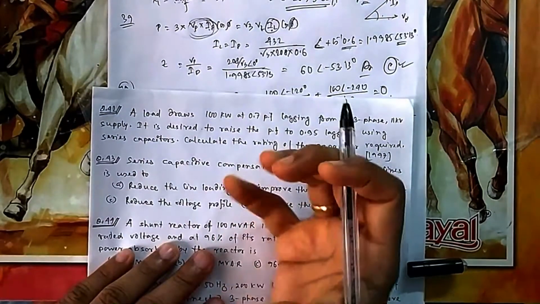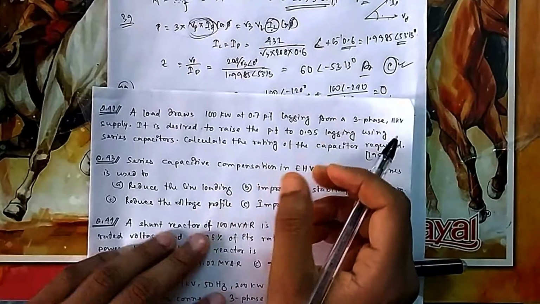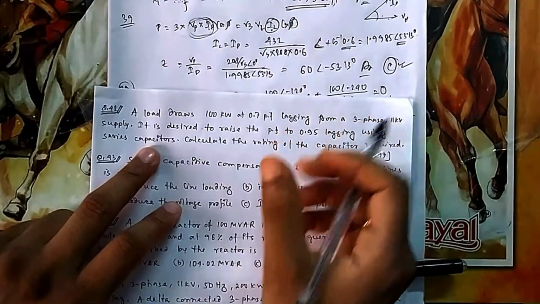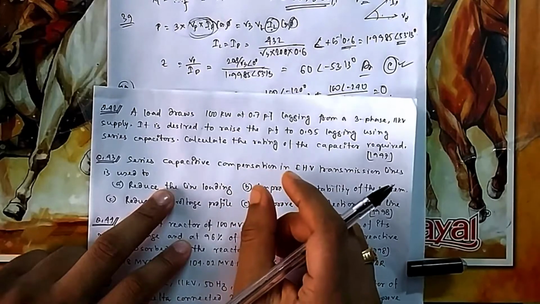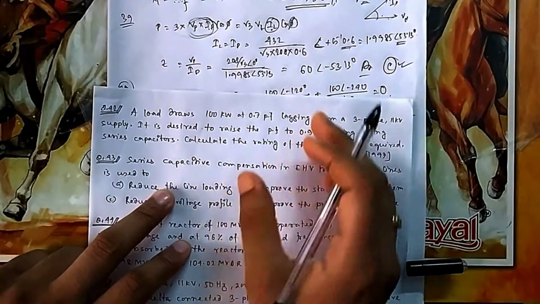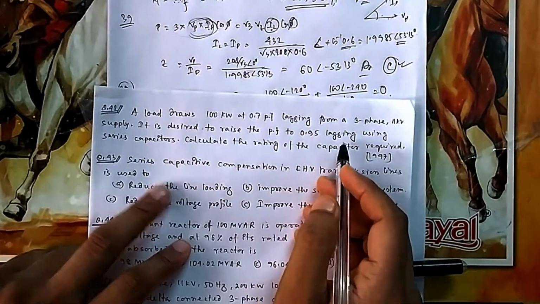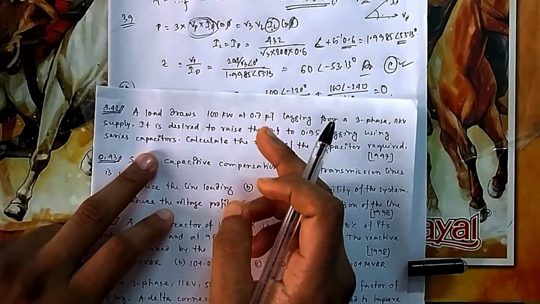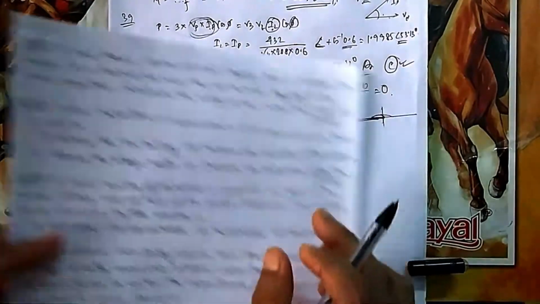If you calculate the total capacitance, that is not required, because what is the rating of each capacitor? You will buy 3 capacitors from the market and place them in series in each phase. So what should be the rating of the capacitor that you are buying from the market? That means you need the capacitor per phase that you are connecting. That is very important, because if you calculate the total capacitance, you will get something, but that is the summation of the 3, and it will depend on how these 3 are connected. But what you are doing is connecting one capacitor in each phase, in series. So you are asked to find the per phase capacitor. That is very important to understand.